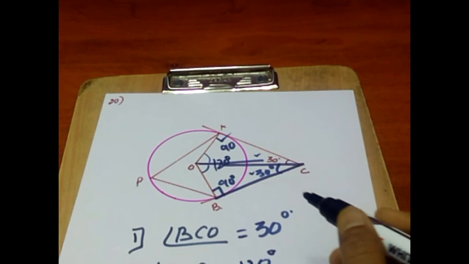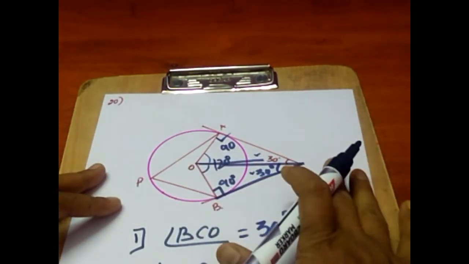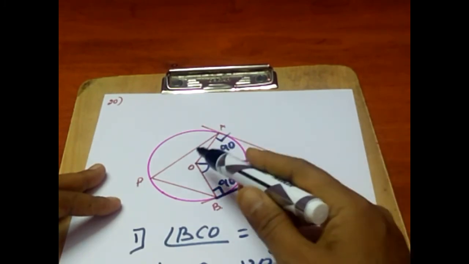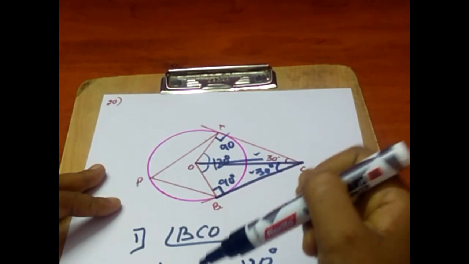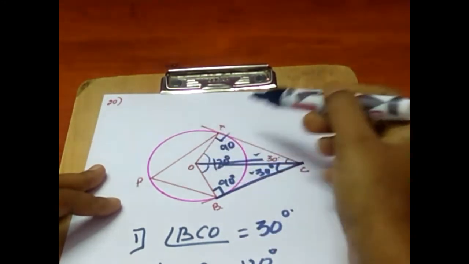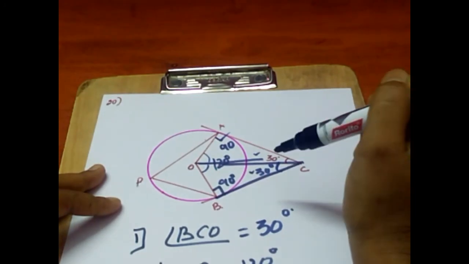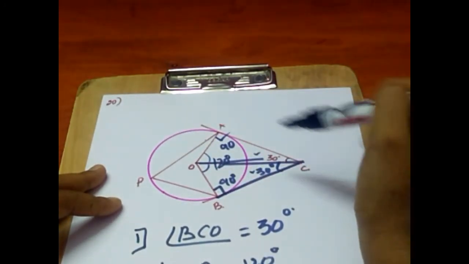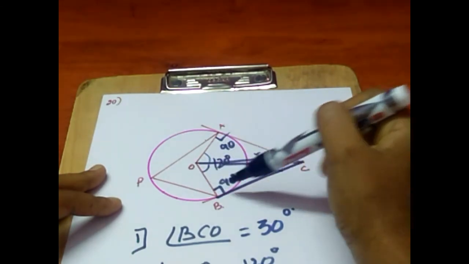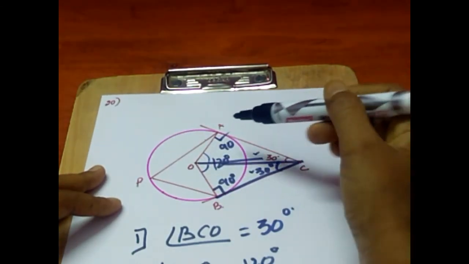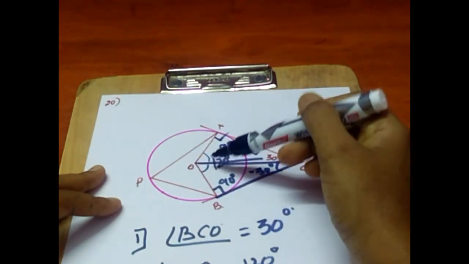Many of the students will think that this is a cyclic quadrilateral. No, children, this is not a cyclic quadrilateral. This is just a quadrilateral wherein the angle sum property can be applied. So point number 2, how did we do it? OA perpendicular to AC, OB perpendicular to BC, angle between radius and the tangent. Hence, angle A is 90, angle B is 90. By applying the angle sum property of a quadrilateral, angle BOA or angle AOB is 120 degrees.